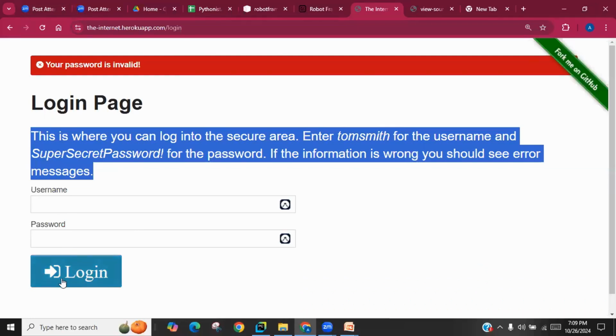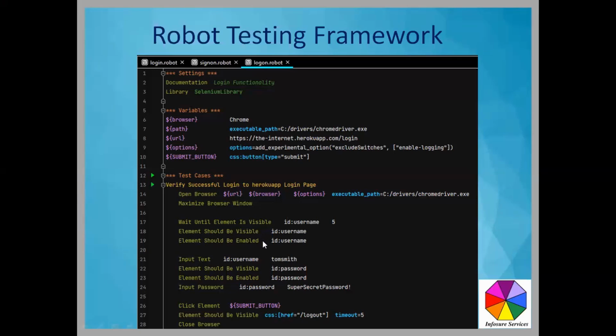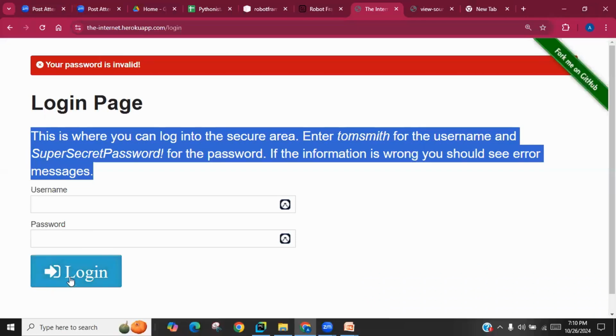And then the framework has to automatically click here on the login button, right? So there, click element, again a keyword, click element, keyword, submit button. So that means here is our submit button we have mapped, just CSS button type is submit. With click element submit button, it is telling the automation framework to click here on